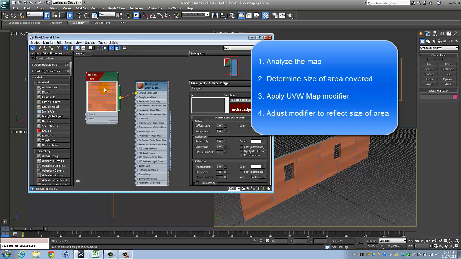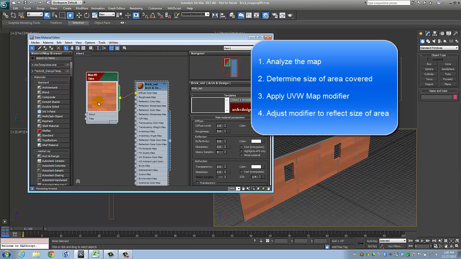So 1, 2, 3 whole bricks at 8 inches each is 24 inches. 3 inches high at 1, 2, 3, 4, 5, 6, 7, 8 courses. 3 times 8 is 24. So 24 inches by 24 inches, or 2 feet by 2 feet, is the size of the area covered by